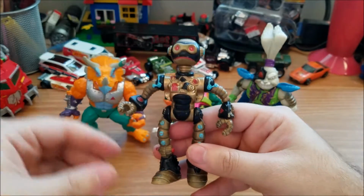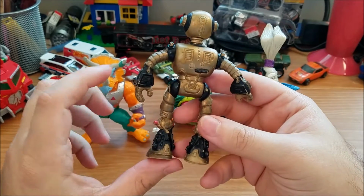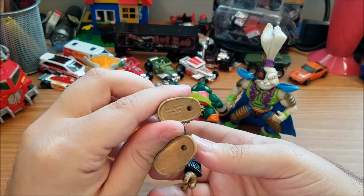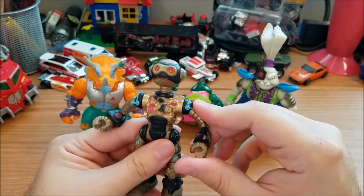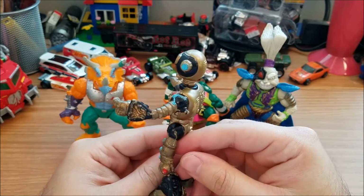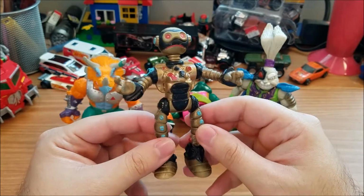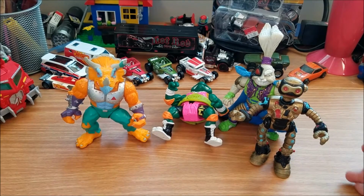And then right here I got the Fugitoid. Very cool. I was happy to see this one in there, that's for sure. Very cool. I'm a fan of the Fugitoid. I've almost bought the new Fugitoid figure several times, but whenever I saw this guy in there, I knew I had to pick him up. Very cool. And then finally we got